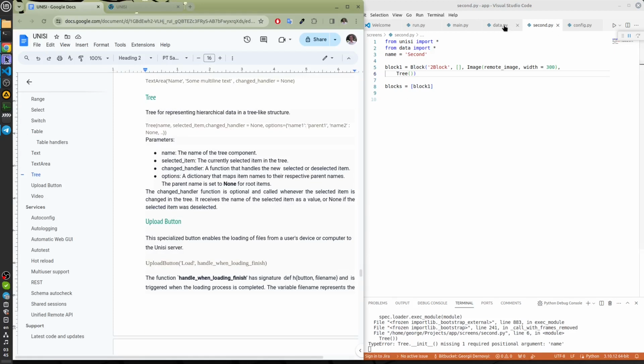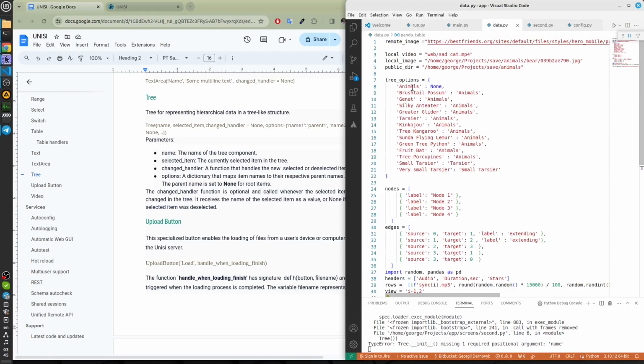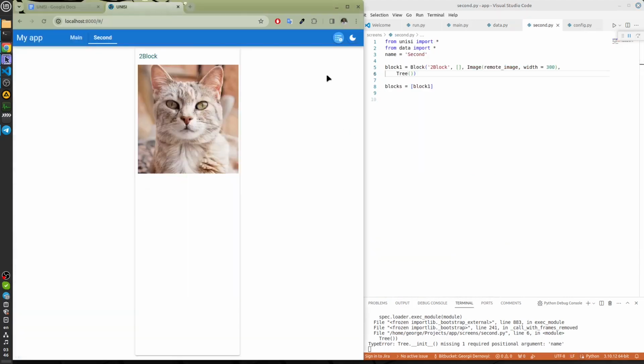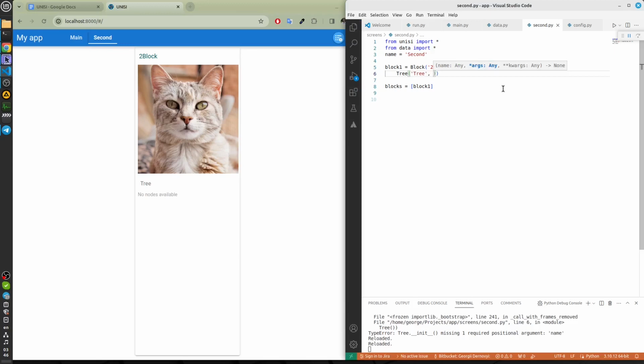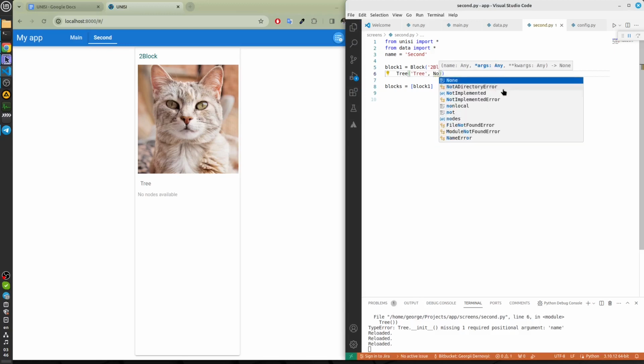The same options that we had here. Each tree item is linked to a parent item. All root items have None value in the options dictionary. If the value is not None, it is a child item. Let's define the tree element. Nothing is selected in the tree.